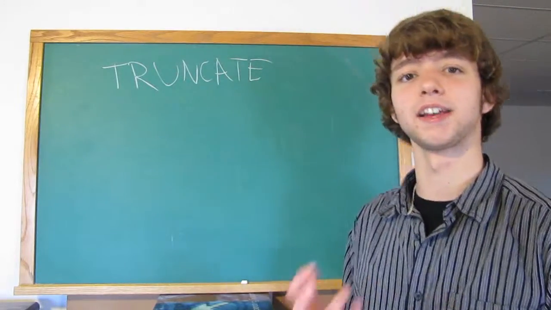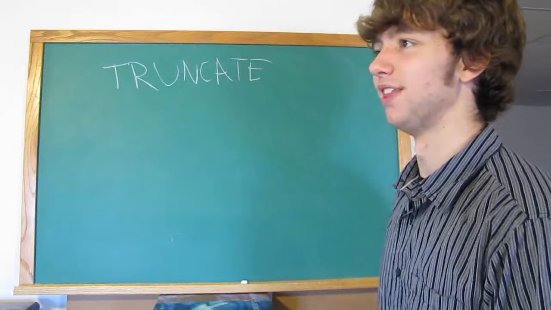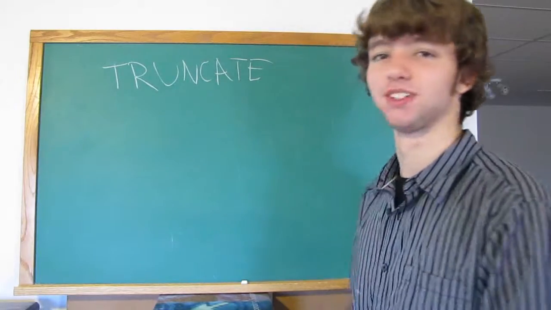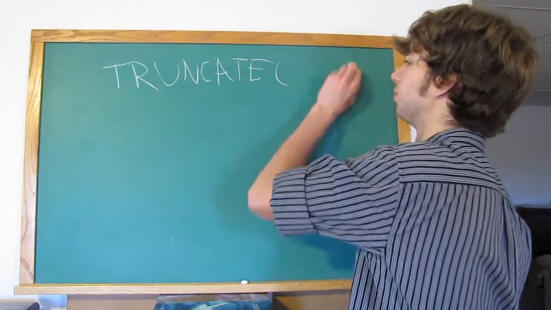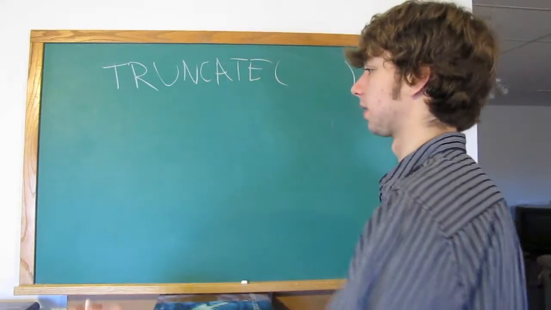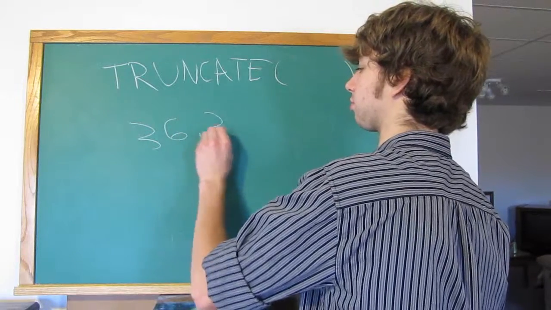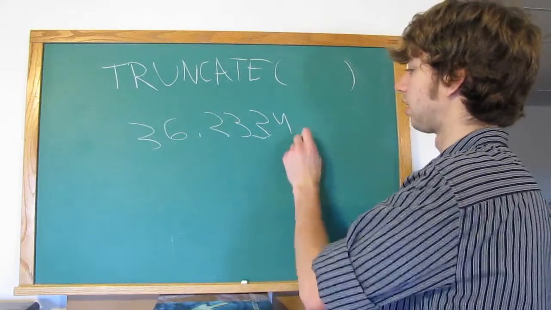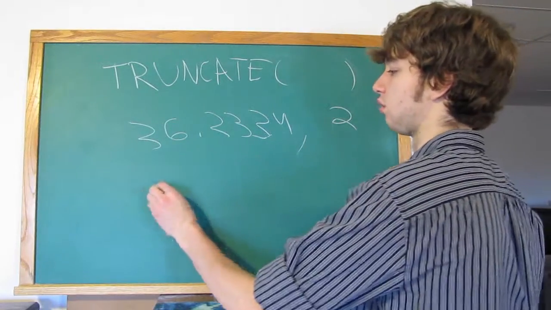Yes, the last function. Aren't you so glad we reached the ending? And then we go on to date and time functions. But you just gotta deal with it. So, truncate. This one's pretty cool. We can give it a number and it will cut it short a certain number of digits. So like, if we gave it 36.3334 and we said comma to the second decimal place, the result will be